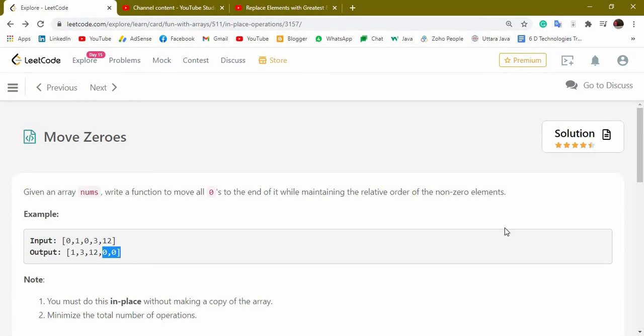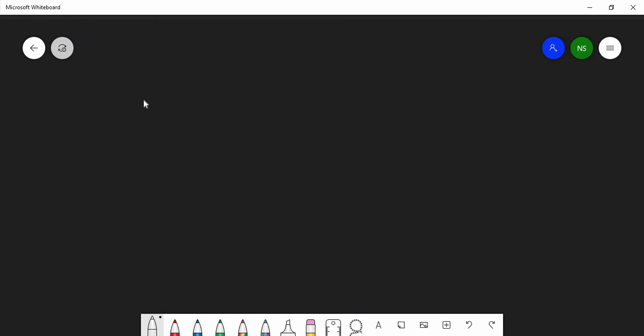Now we will try to come up with the solution to this particular question. So first, again, we will understand and make our understanding complete. So let's take an example. Suppose the first element is 0, the next element is 2, and the next element is 0, then 3, and I will give an index to this array, as usual 0, 1, 2, and 3, and the length of this array is going to be 4, right?